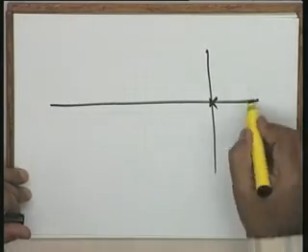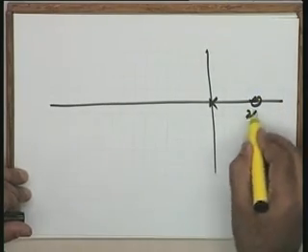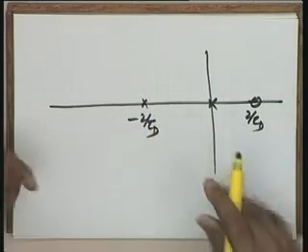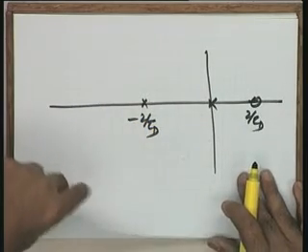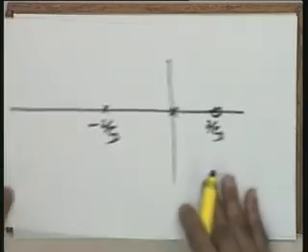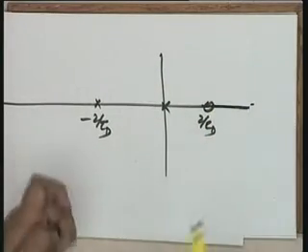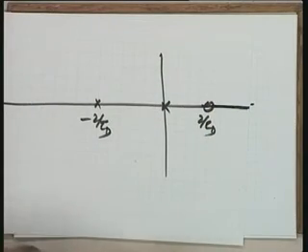I am sorry for delaying you a little. S is equal to 0 over here, the pole is over here, this is 2 by tau d here, this is minus 2 by tau d over here. Help me please, how do I make the root locus sketch in this particular case? You see, tell me whether this branch is there on the root locus or not.